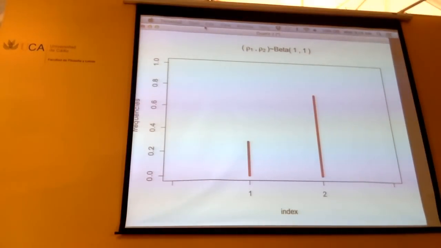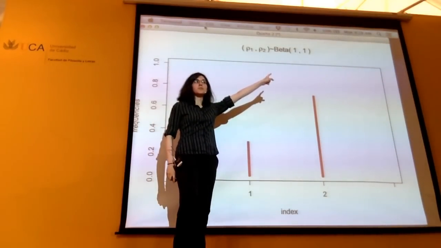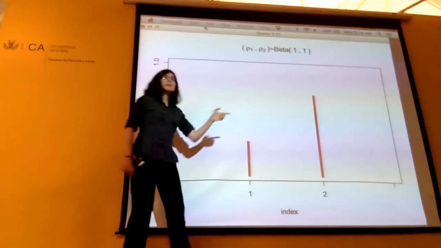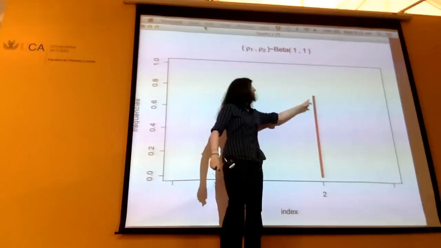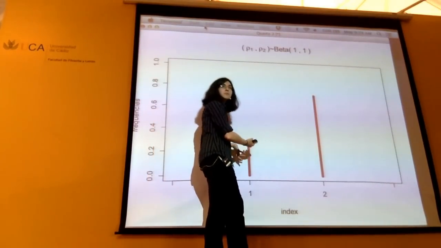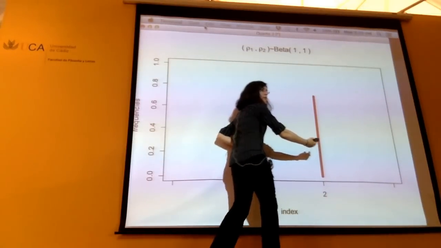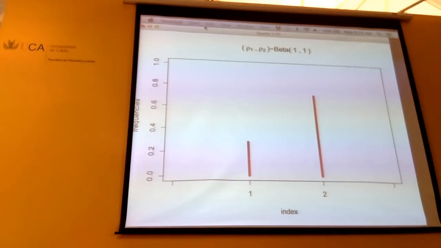Okay, so here what I'm doing is saying that I'm going to make a bunch of draws from the beta 1, 1. So we agreed before that this was the uniform distribution, right? What that means in particular is that row 1 here, so I'm plotting here row 1 and I'm plotting here row 2, row 1 is going to be uniform. So it's not like I'm drawing a random distribution here. The random distribution itself isn't uniform. It's row 1 that's uniformly drawn. And so if I make a bunch of draws from the beta 1, 1, this is what it looks like, sort of all over the place.